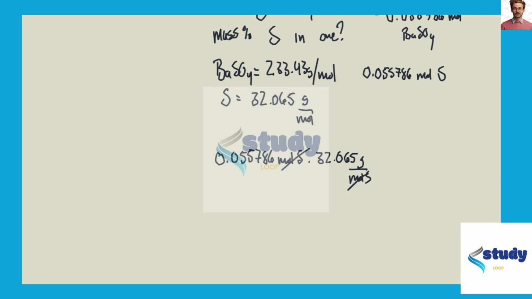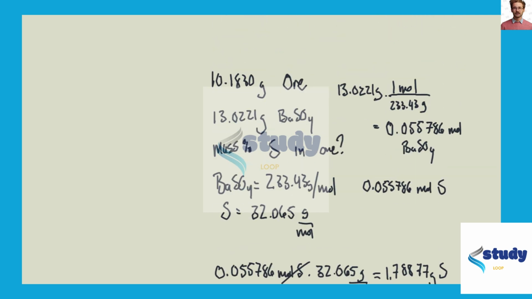Our moles of sulfur will cancel, and we will get 1.78877 grams of sulfur. And as a percentage of our ore, we'll take that number and divide it by